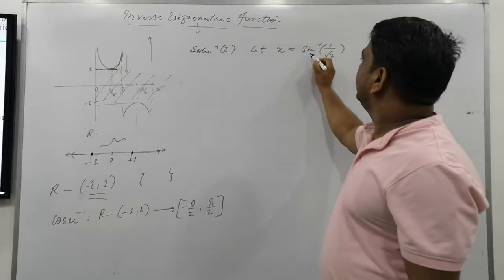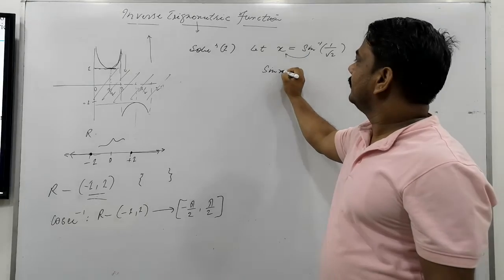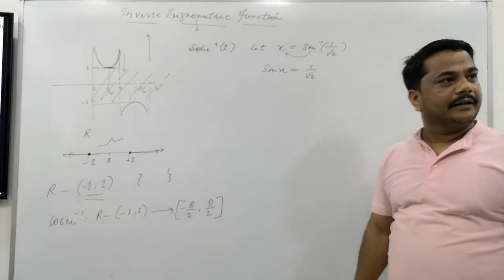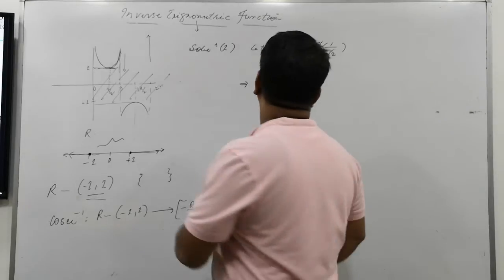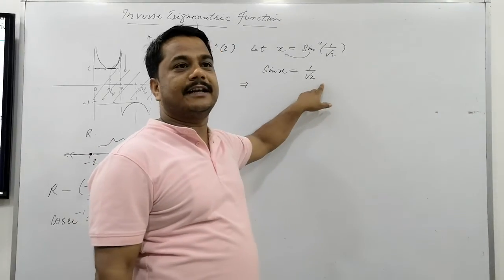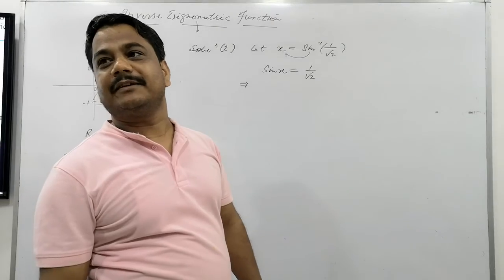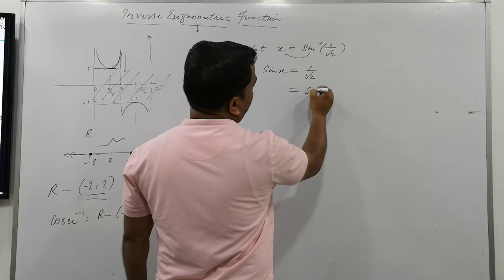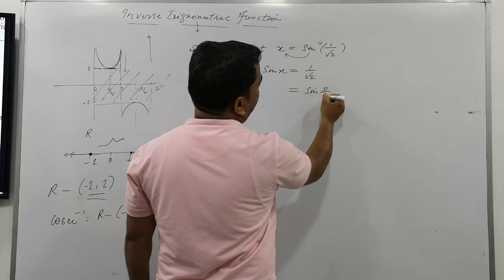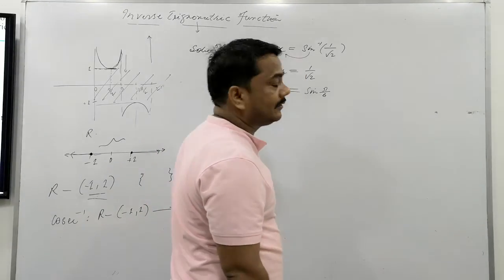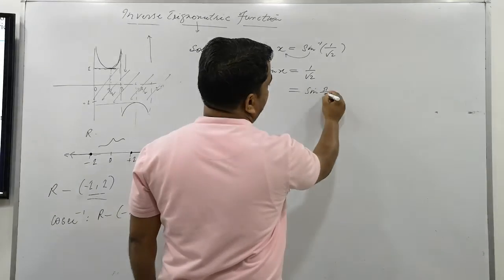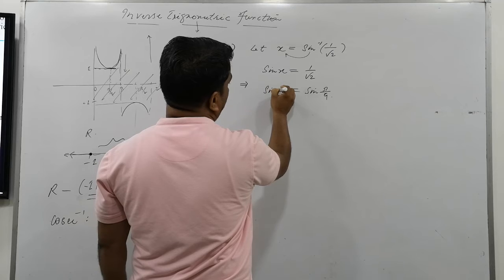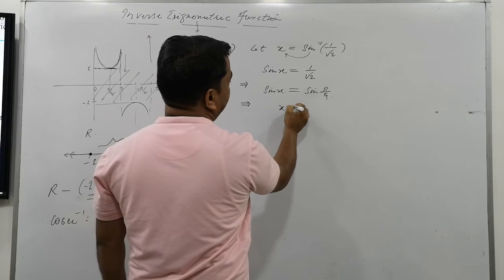This sine inverse function is to be transferred here. What shall it be? Sine of x is equal to 1 by root 2. Clear or not? Understood? Now, further. Left side sine of x, right side 1 by root 2. Can we solve this or not? In place of 1 by root 2, what can we write? Sine of pi by 4. Pi by 4 it is, sine 45. Yeah? So x is equal to pi by 4.